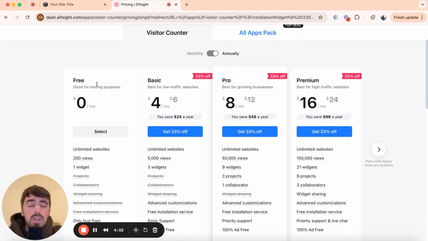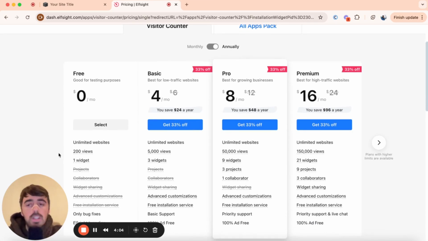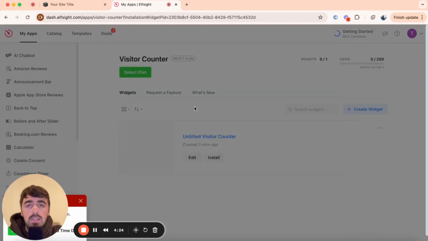So what we need to do now is choose a plan. Now, since this is the first widget that we are using from Elfsight, as you can see, it says one widget here on the free plan. We can actually go for the free plan and not pay anything at all by clicking on select here. However, if you do want to use more than one widget on your website, or if you want to unlock more functionalities, you can always go for one of the premium plans right here. But for now, we're going to click on select,